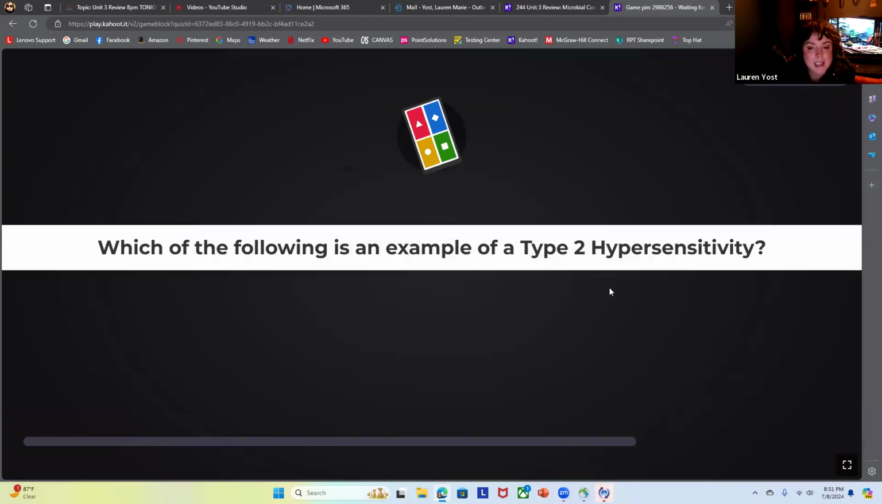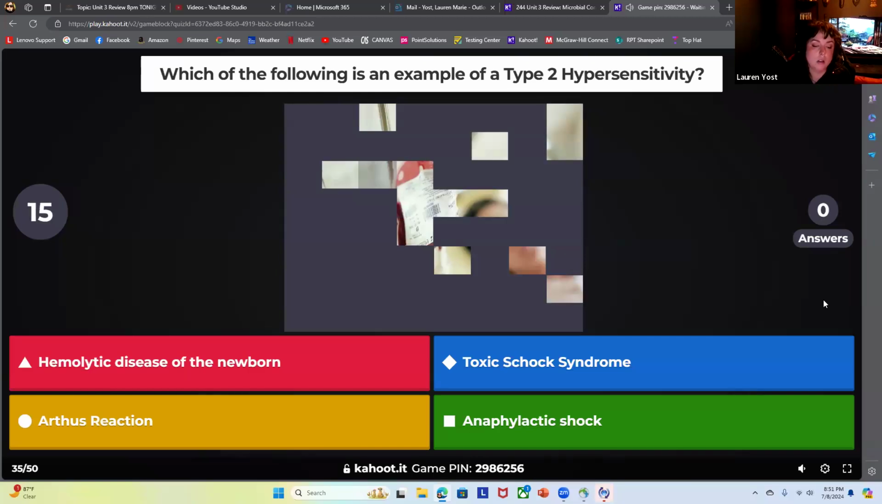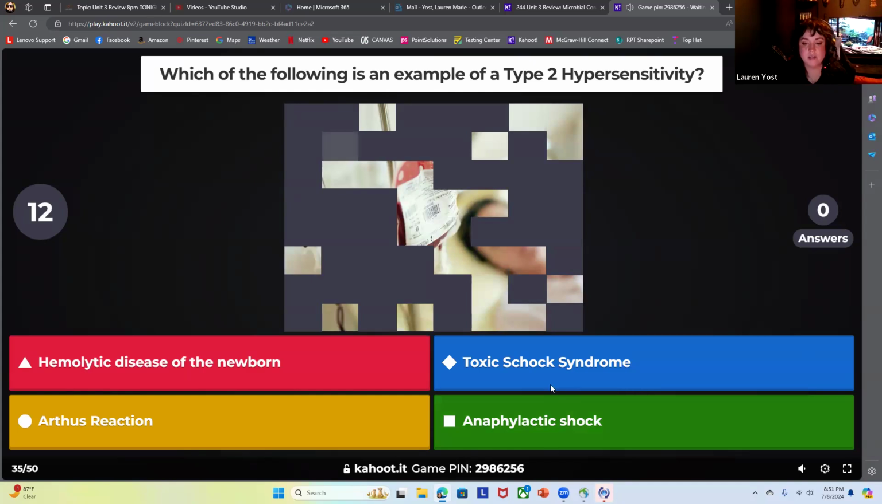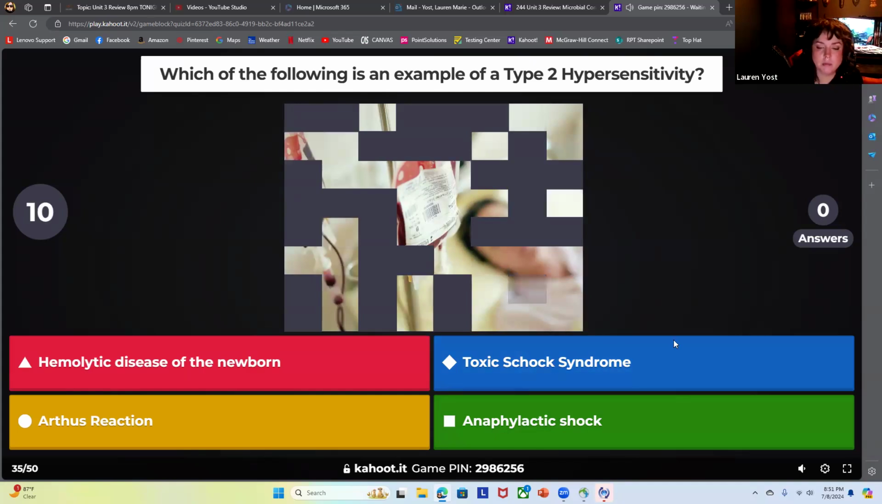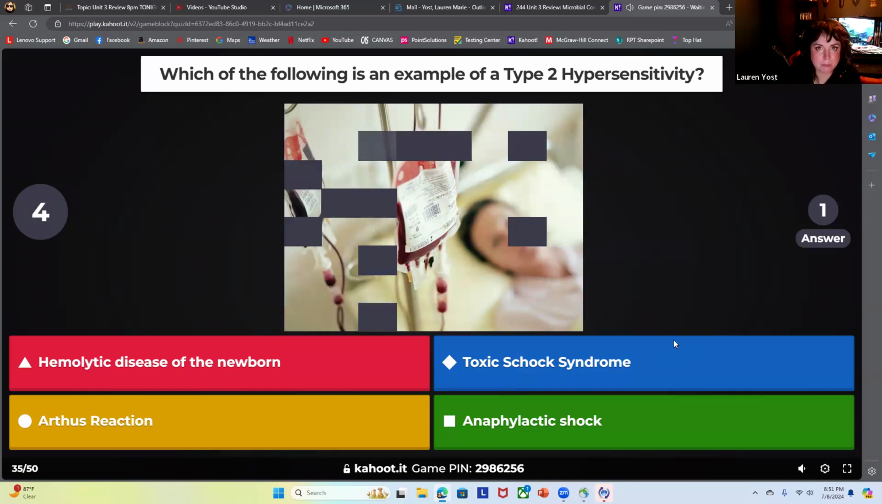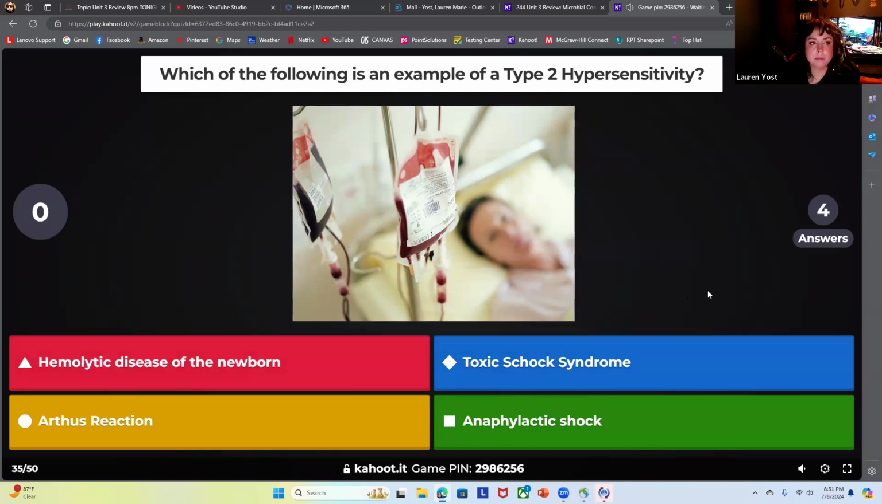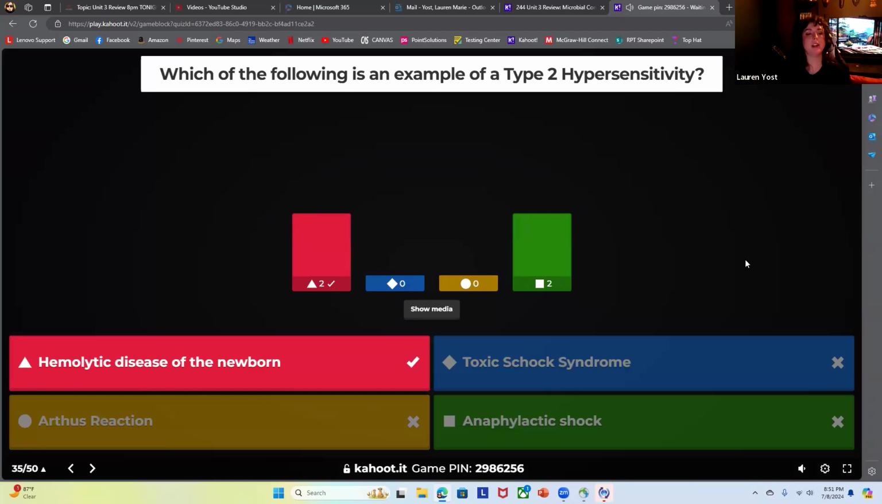later. Which of the following is an example of a type 2 hypersensitivity? Couldn't spell apparently. Okay, so this one is hemolytic disease of the newborn. I know we didn't really get into talking about toxic shock syndrome. We didn't get into talking about Arthus reaction. We did talk about anaphylactic shock, but we should know that the hemolytic disease of the newborn, that's the one